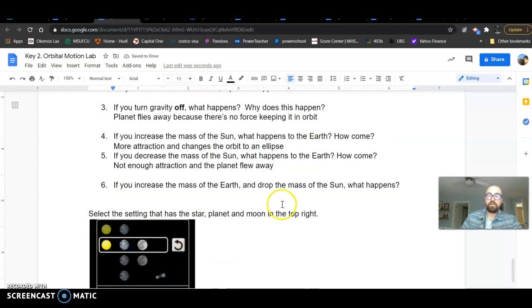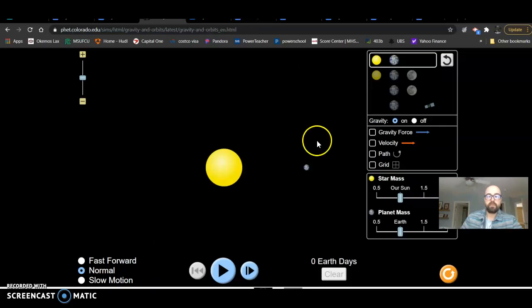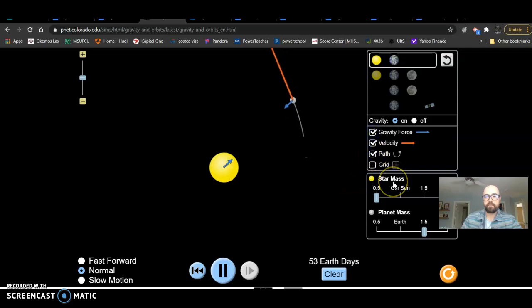Increase the mass of the Earth, drop the mass of the sun. So let's take a look at that. So we reset this. Mass of the sun less, mass of the Earth more. So you might think, oh, it should be, nothing should change. So it just goes